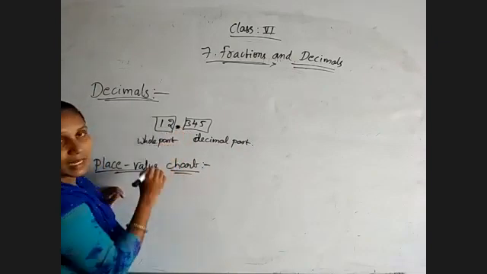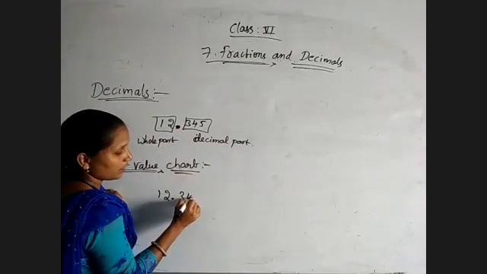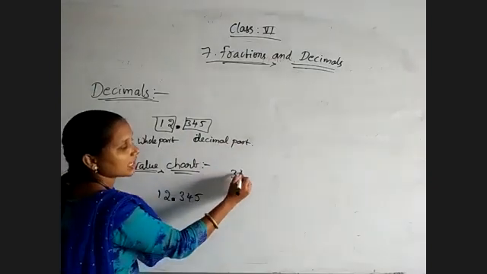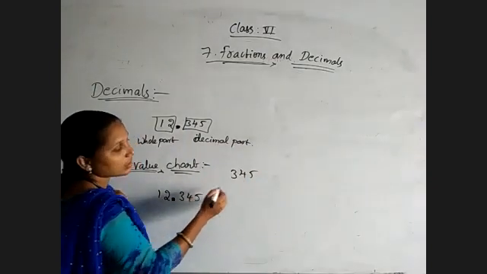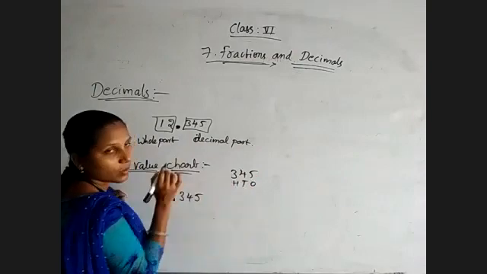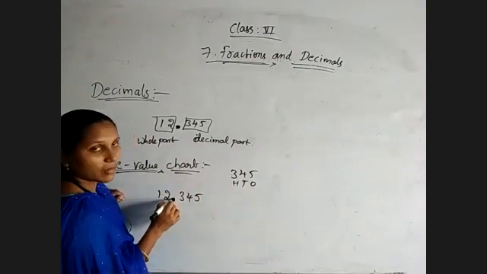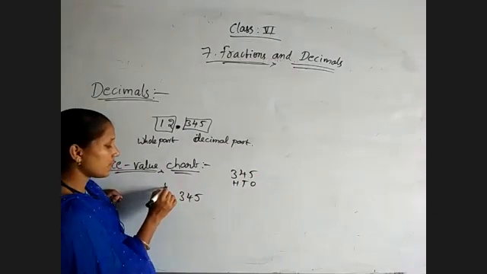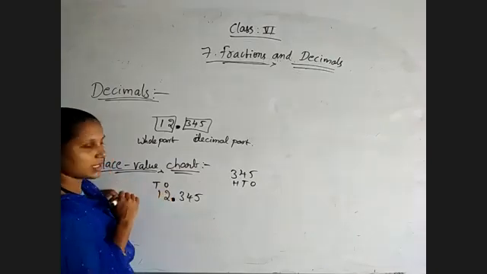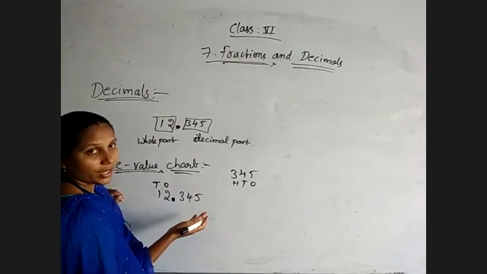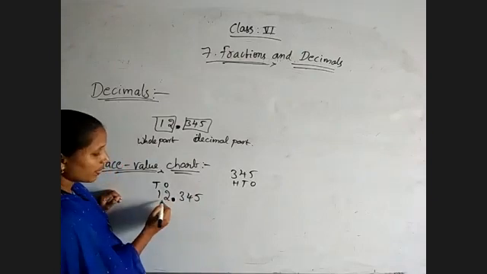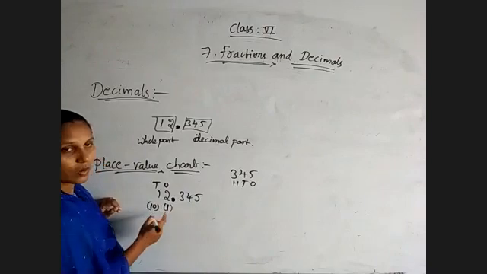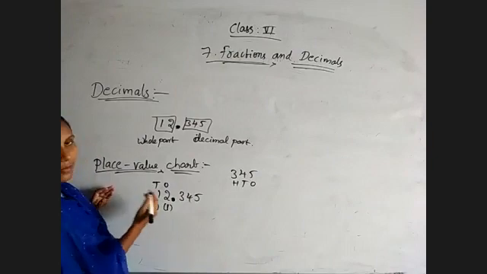See, in a decimal number 12.345, before the point is the whole number part. In a whole number, how do we give the names? For suppose 345 is a whole number. Yes. So ones, tens, hundreds, like this we will give. Because of decimal, before the point, all this comes under the whole number part. Means 2 is in ones place, 1 is in tens place. That's all. After the point, 1, and 1 into 10, 10. Like this, ones, tens, hundreds places we will get before the point.